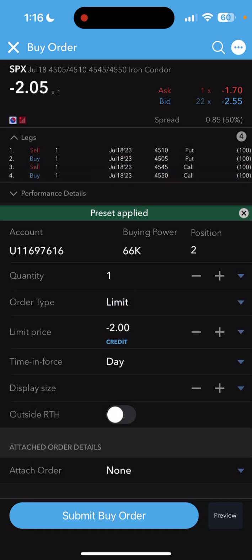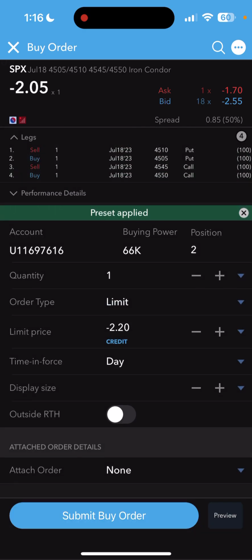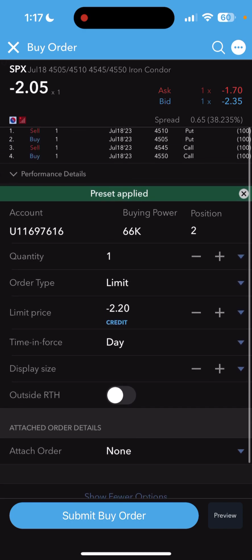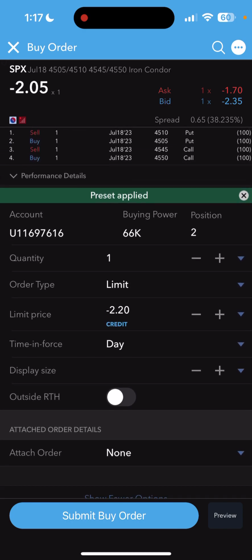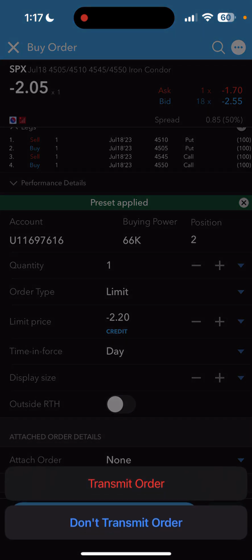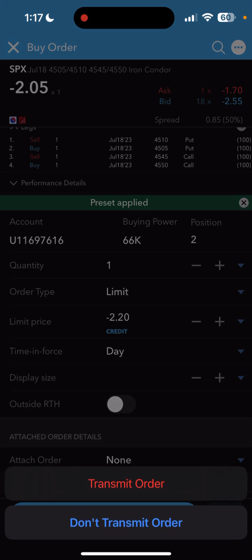In order to fill your trades, I'm going to submit a sample order, right? This is not going to fill, so I'll just enter in something like 2.20. This is not going to fill, just an example. So we'll submit this order and click transmit order. And on your Interactive Brokers, it might be a slide, right? I just have this set up as a button. And so when we transmit the order,